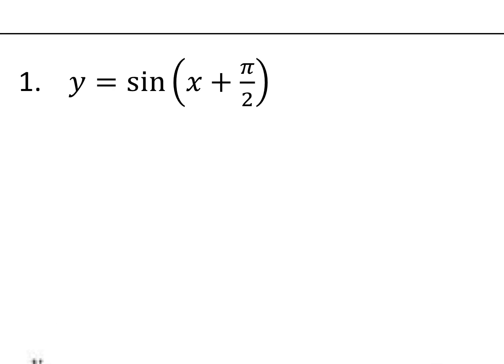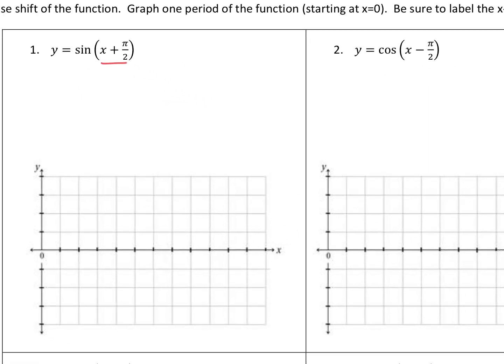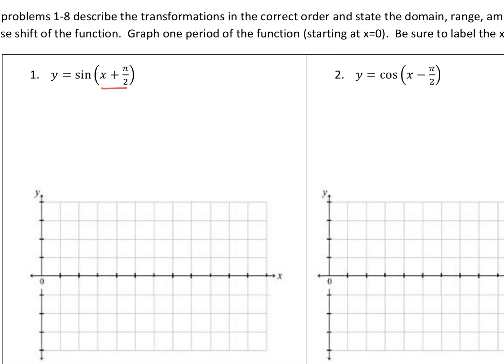So, in this problem, they are asking you to move it. Well, a lot of times they ask you to move it, but this one is called a phase shift, and they want you to move the graph to the right, pi over 2. All right, I'd like you to actually get this. This is the worksheet for today. We're just going to work through a few of the problems with you, and then hopefully you'll get good at it by just doing a couple with me. And then I think I'm going to do the first couple and then assign you 1 through 6 is my current plan. Okay? All right, so find this worksheet